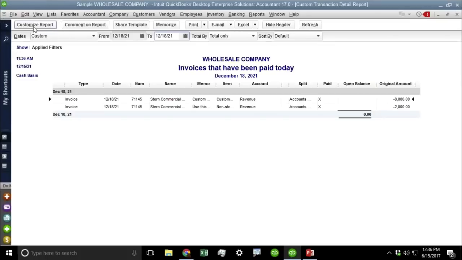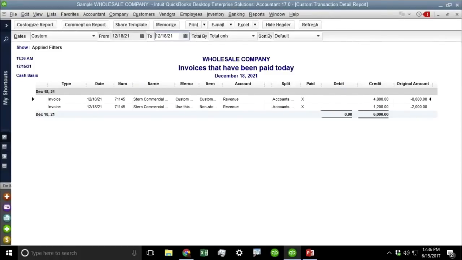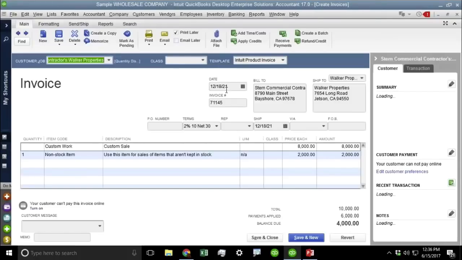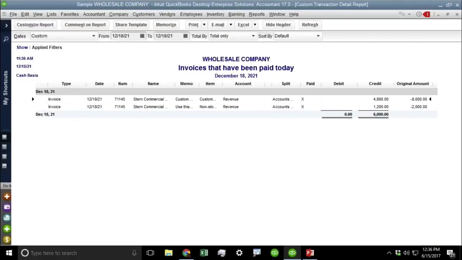So let me go to Customize Report and make sure that I'm showing my debits and credits. Before, I had closed them, so I'm going to hide Open Balance. Open Balance is really confusing with a cash basis report, so I just hide that completely. Now, what's happening here? I received a payment from an invoice today. That invoice, I'm going to date a couple of days in the past, the 14th. But because the payment has today's date, it will show up on this particular report because it's a cash